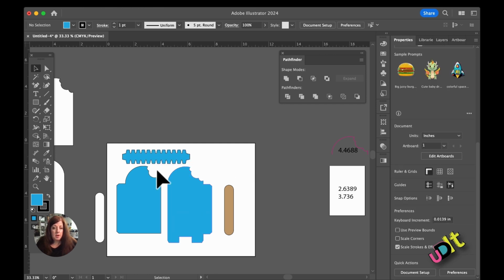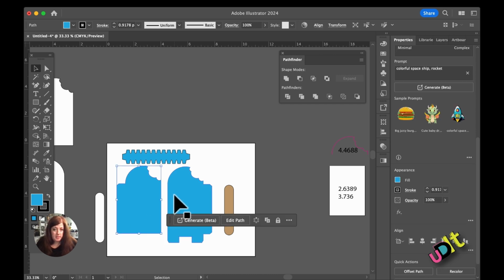Now you can keep it all one color if you want. However, I want my popsicle to actually have colors on it. I want it to have 3 different colors. So what I'm going to do is take both of these